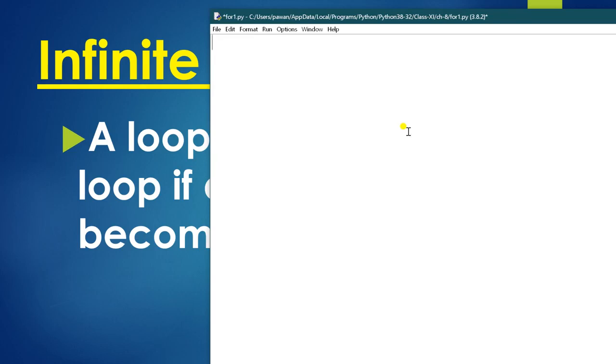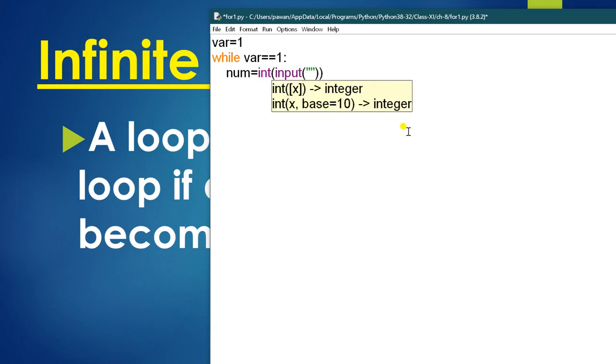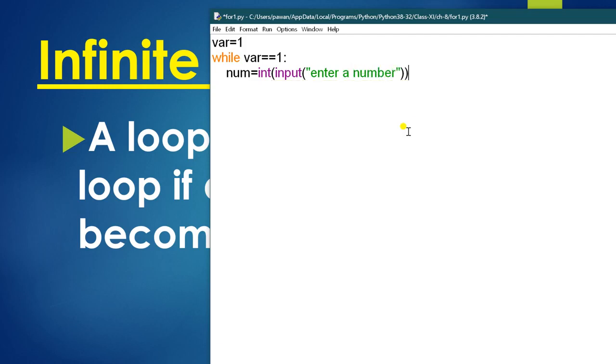For example, variable equal to 1. Now while variable equal to 1, it will ask the user to enter a value, that is int input, enter a number, and the user will enter the number.